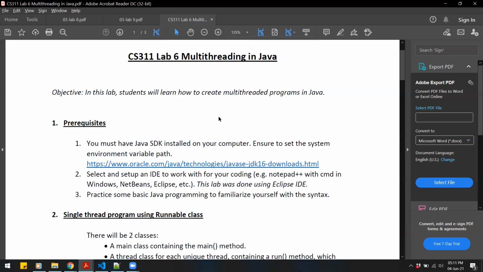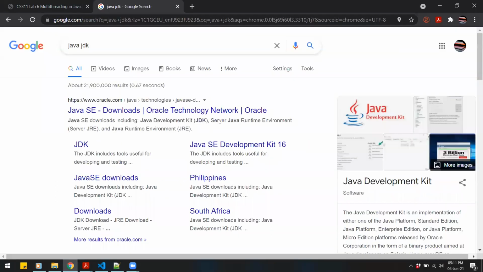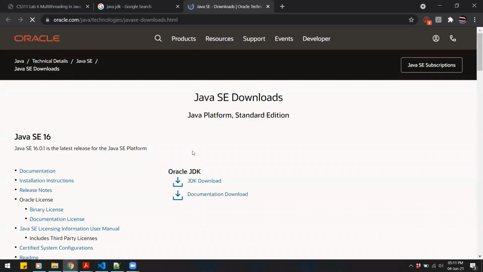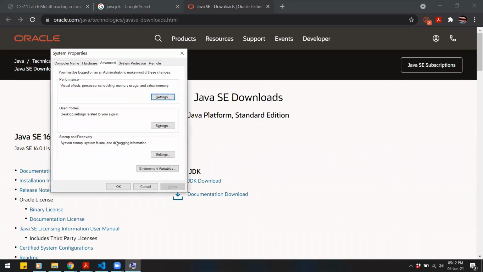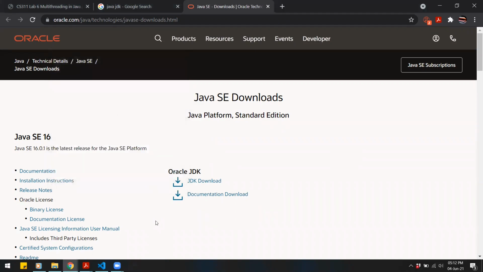Now, before we start writing the code in Java, we will need to have the Java SDK installed on your PCs, right? And you will find that on this link. So if you don't have the JDK, you can go to this link and download and install. Okay, you can open this Oracle homepage, and then you can download the JDK and install that on your PC. And once you have installed the JDK, you will also need to set the path for the JDK, and you will do that in the environment variables, right over here.